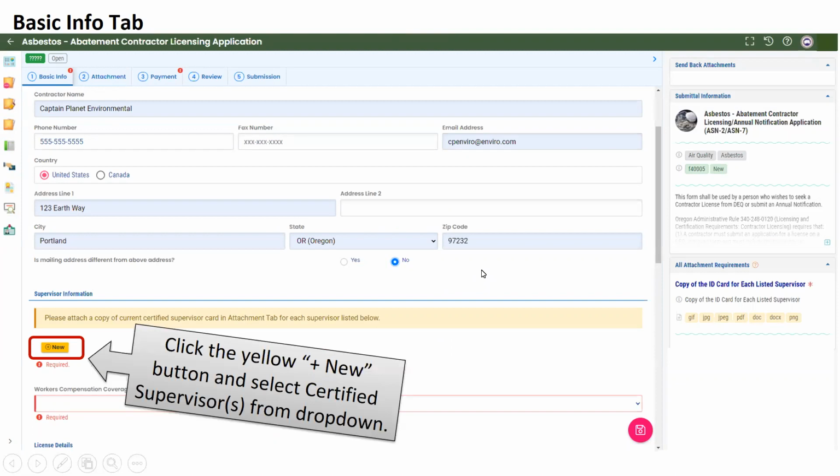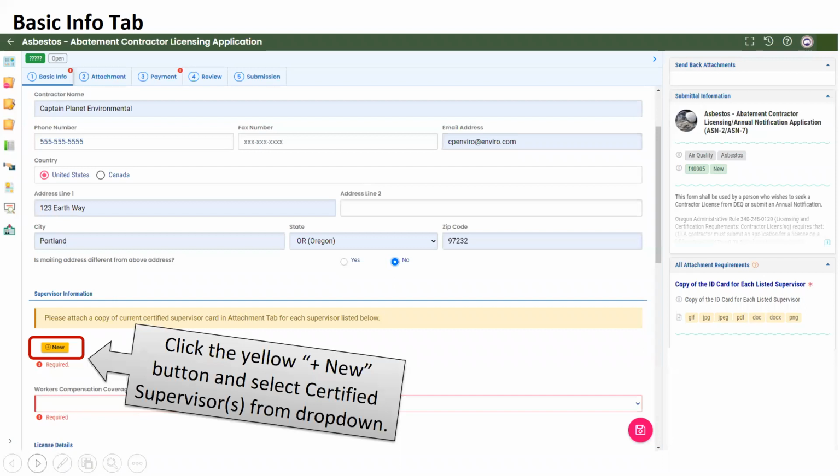So supervisors, obviously, to meet the qualifications in rule to become a DEQ licensed asbestos abatement contractor, you have to employ a certified supervisor. So in the system, we have put this smart drop down where you can select your certified supervisors. To initiate that, you're going to click on this plus new button.